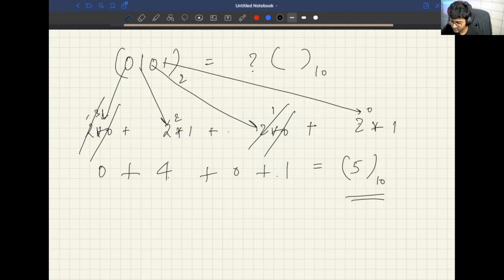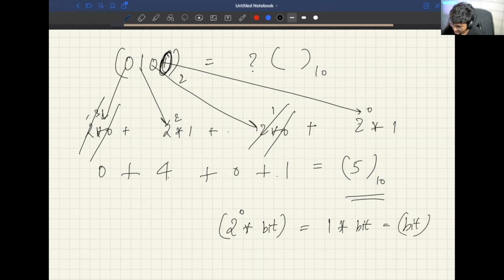Okay. So when we were checking whether the number is odd or even, we were considering this last bit. Let's only consider this. What is this? This is actually 2 raised to power 0 into whatever the bit is, right? This is actually equal to 1 into whatever the bit is. This is actually equal to whatever the bit is. And this particular thing is at the ones place. In the number system, we have ones, tens, 100, 1,000, 10,000. So this is at the ones place.